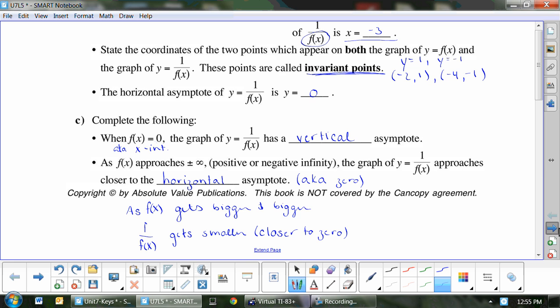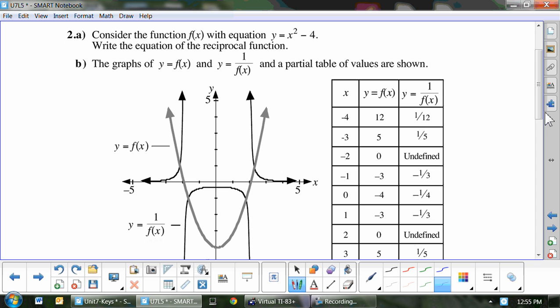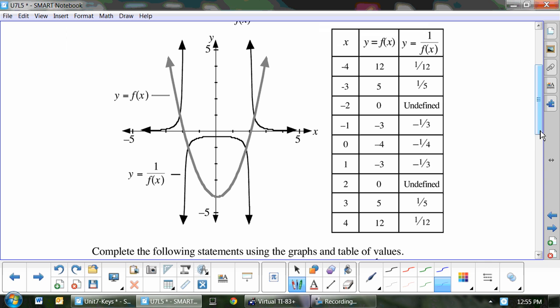Okay, so if we flip the page, with this one, they've drawn us our original and our reciprocal. The first thing we're going to do is figure out where our asymptotes are. In our original, we have our x-intercepts at 2 and negative 2. If we look at the graph, we can see that when x is 2, we get 0, so an x-intercept. And in the reciprocal, it's undefined, which means